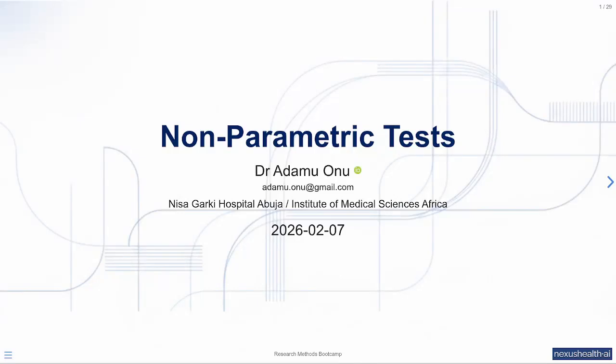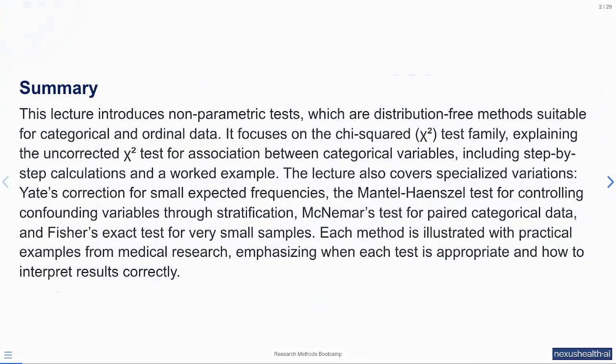In today's lecture, we shall be considering non-parametric tests. This lecture introduces non-parametric tests, which are distribution-free methods suitable for categorical and ordinal data. We shall focus on the chi-square test family, explaining the uncorrected chi-square test for association between categorical variables, including step-by-step